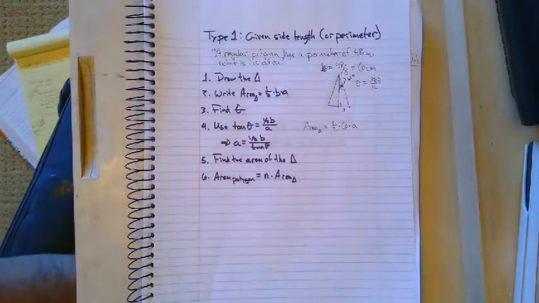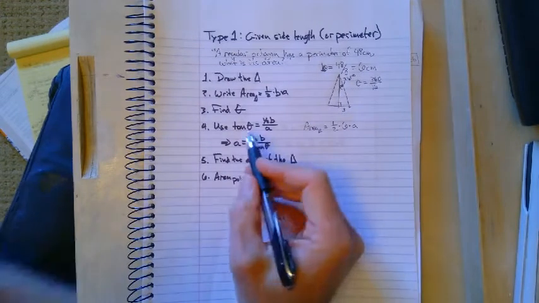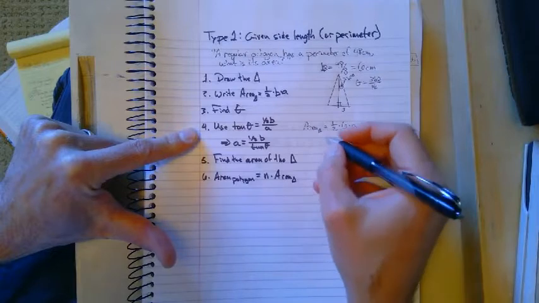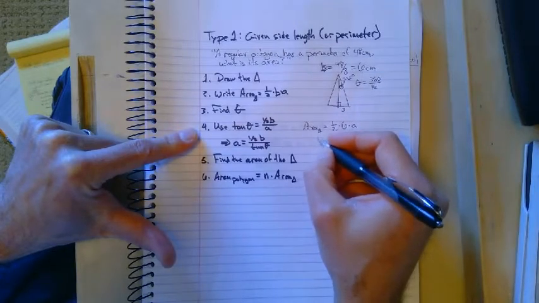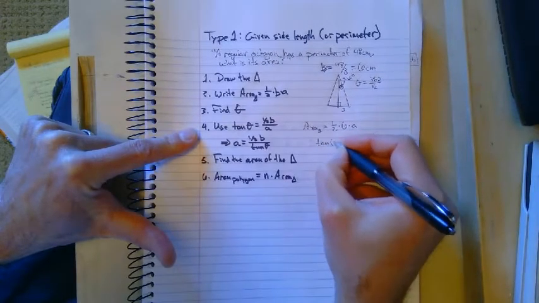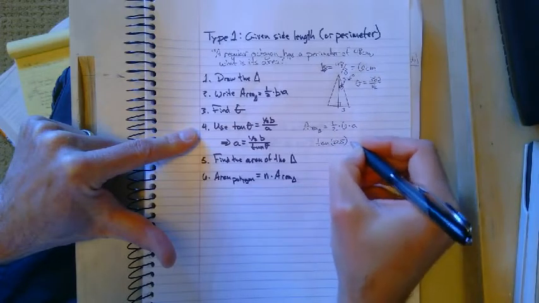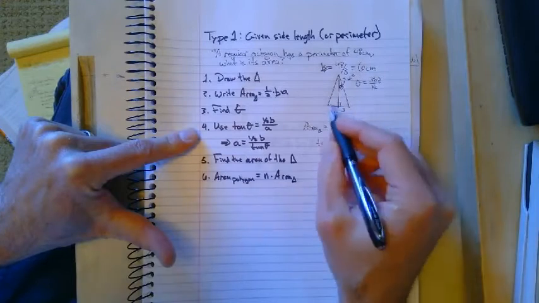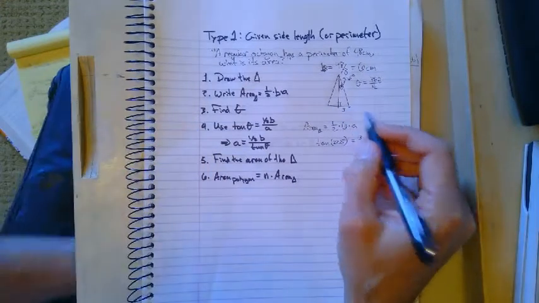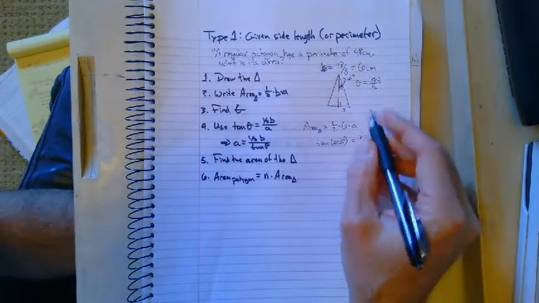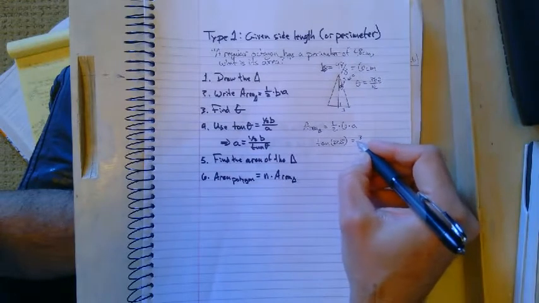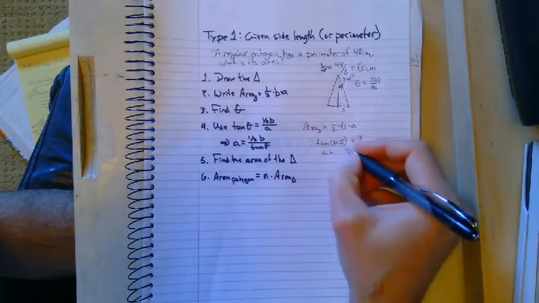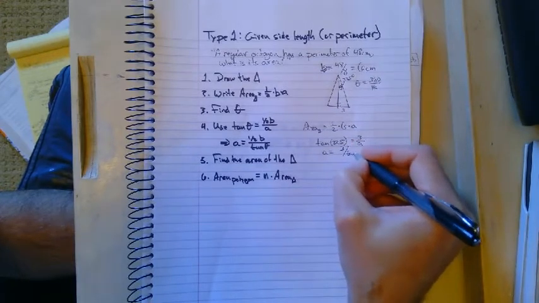So I have a 22.5 degree angle in there. My next step says, now that I've found the theta, that I'm going to use the tangent of that angle. So the tangent of 22.5 is equal to half the base, which is, the whole base was 6. So that's 3 divided by a, and I need to solve for a, and that's going to be 3 divided by the tangent of